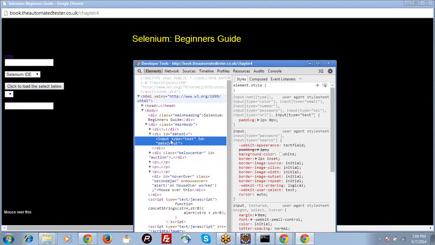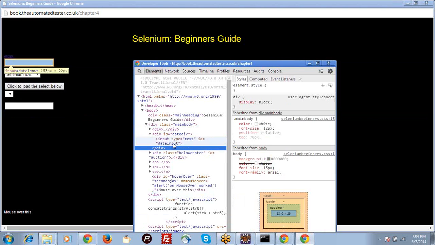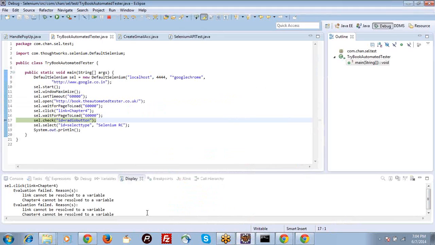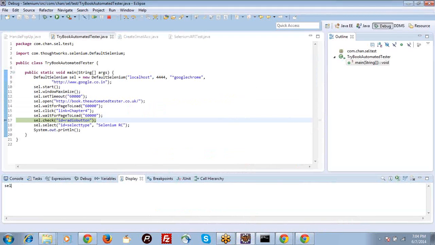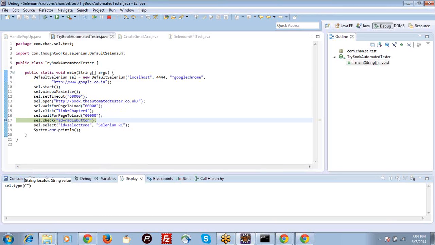You will use Selenium.type, right? ID equal to data input. If you want to enter some text there, you will give Selenium.type. So let me write it. We will finish this exercise quickly and move to the next one. We will continue with WebDriver. Selenium.type ID equal to